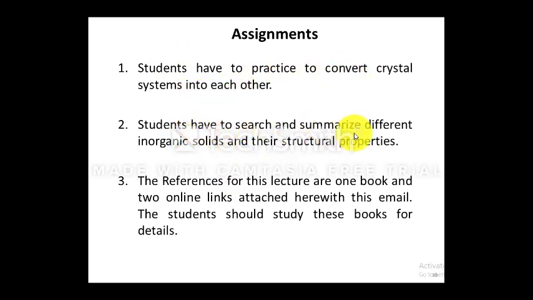Students have to search and summarize different inorganic solids and their structural properties. I will try to add one book and two online links, and I will try to add the soft copy of this book